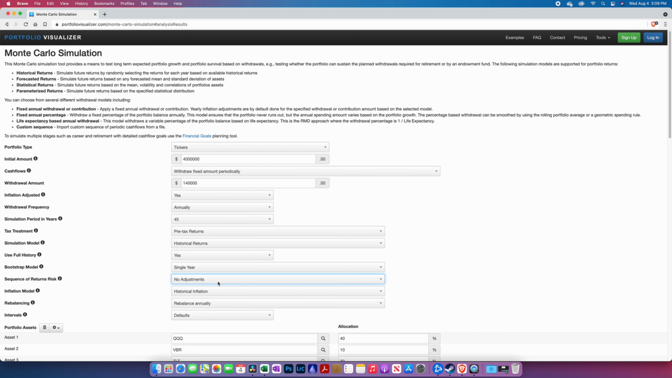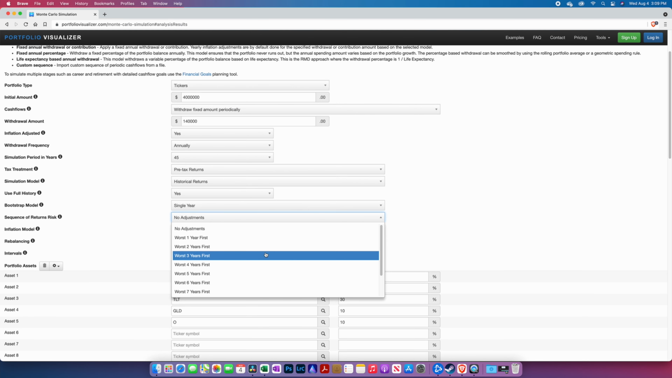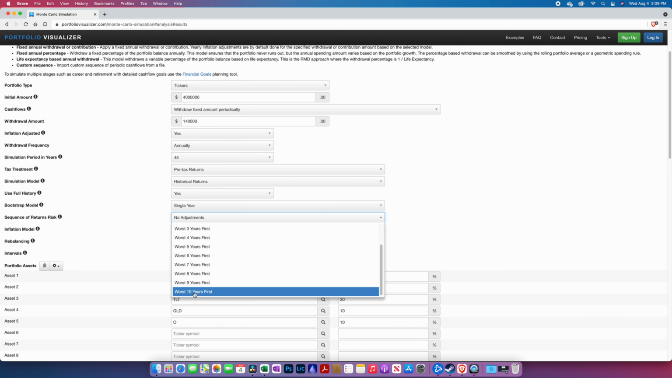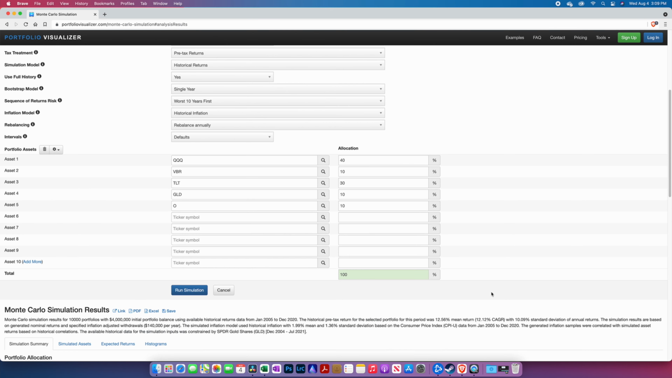So by default, there's no adjustments in the simulation for sequence of return risk, but we can set the portfolio to select the number of worst years to come first in the sequence of returns and see how that affects our result. So it goes from no adjustment all the way up to taking the worst 10 years at the very beginning of the run, and that's what we're going to do. So we'll select the worst 10 years first and go down here and click Run Simulation just to see what